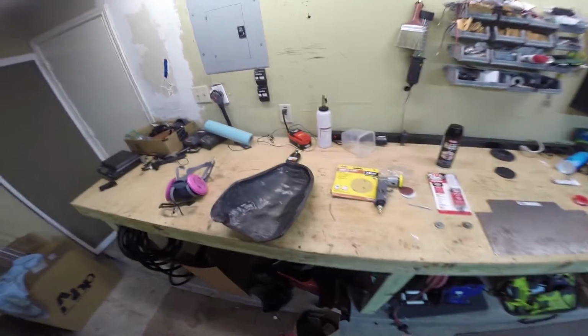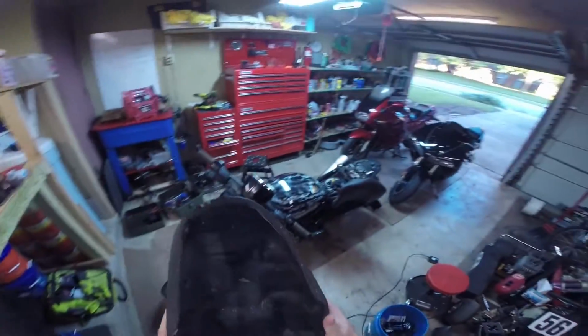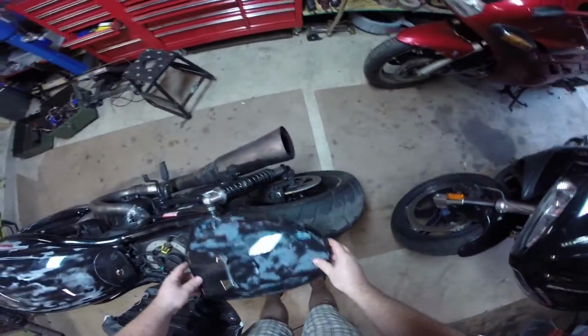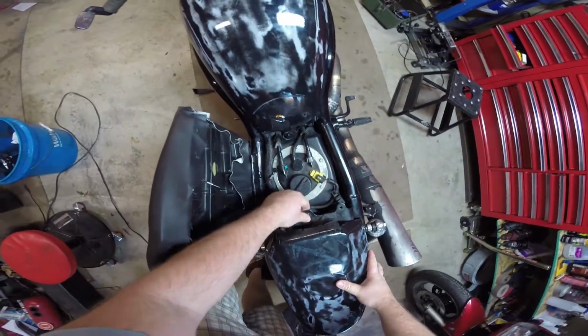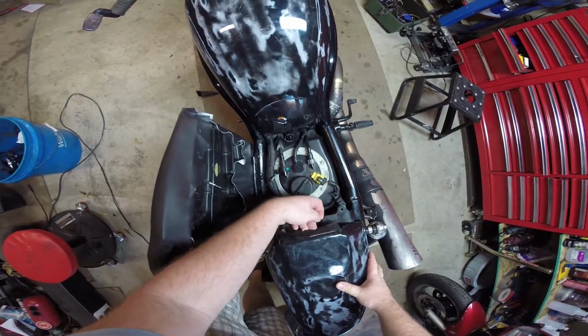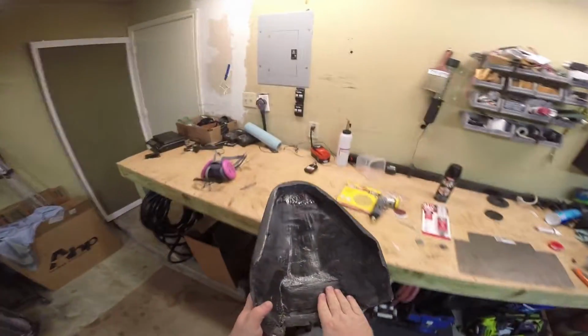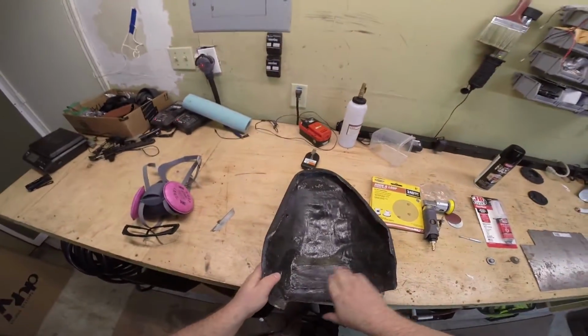What's up, guys? So today we're doing part one of the VROD project, and the goal is to get this fiberglass tail nice and attached. So this thing is actually designed to sit quite nicely like this and bolt to right here, but as you can see, this part of the fiberglass is broken off. And so what we will be doing today is we will be sanding down this area right in here